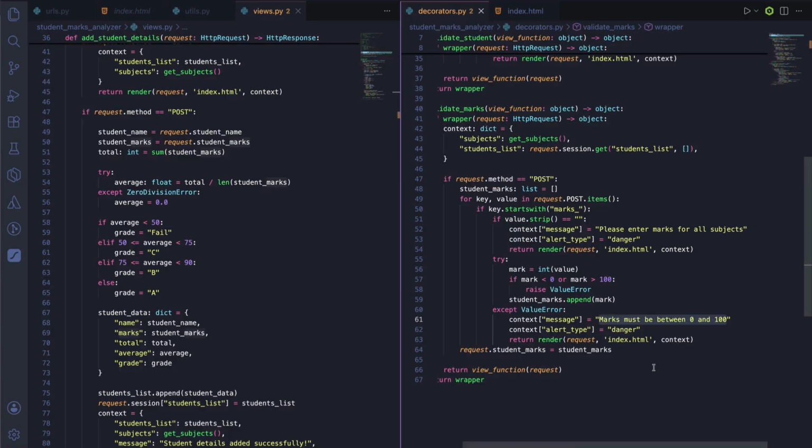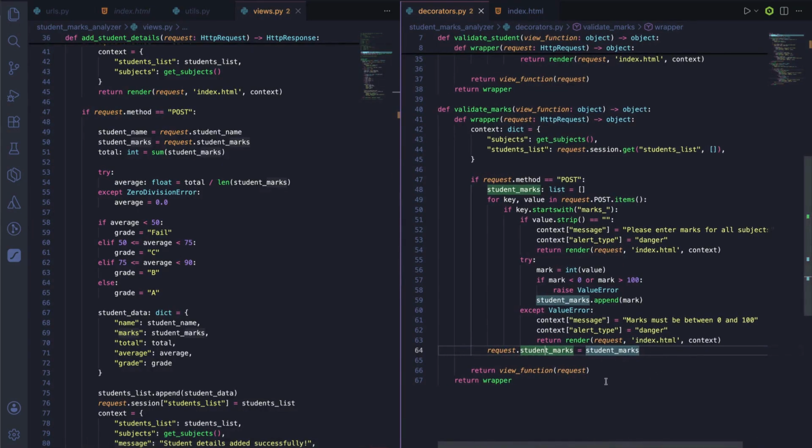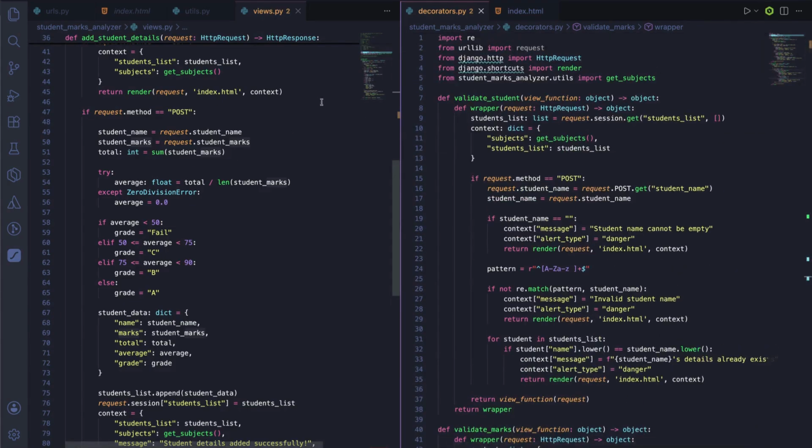And finally, when we have all the marks, we append or assign those student marks, which is the collection of all the 5 marks that we have, and we assign it to request student marks. Now this request student marks is what we receive in our function based view, and finally we return from that view function. So when we come to our function based view,